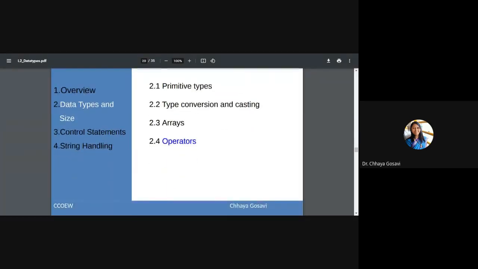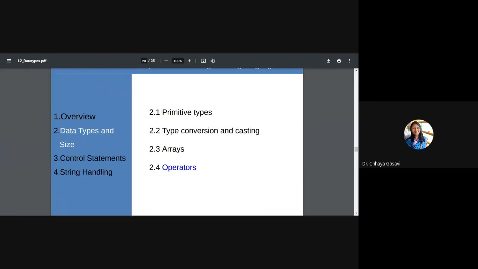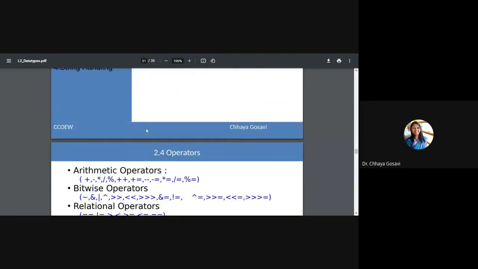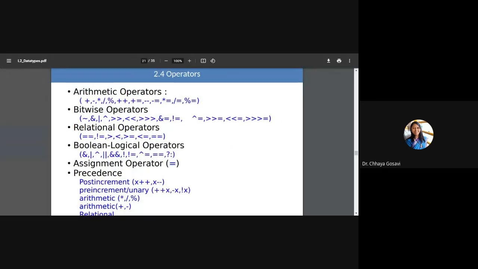About the operators. All operators that you have used in C and C++, you can use in Java as it is. Just to go through, arithmetic operators like plus, minus, multiplication, division. This is the mod operator. These are all binary operators. Binary means it requires 2 operands to operate on: A plus B, C plus D, A minus B, A star B, A slash B, like this. So these are binary operators.